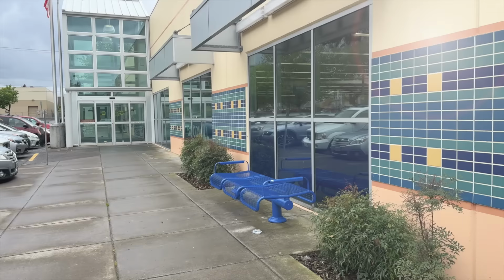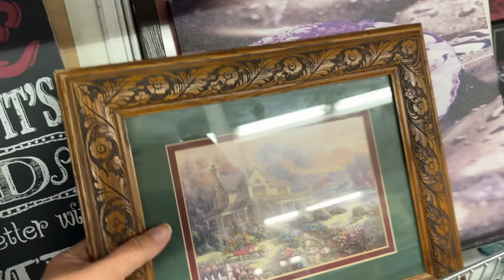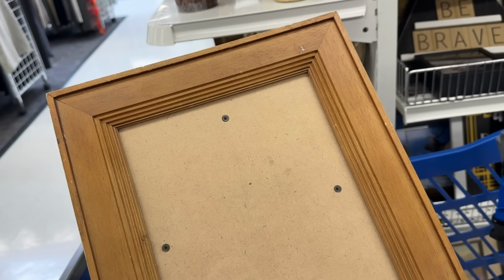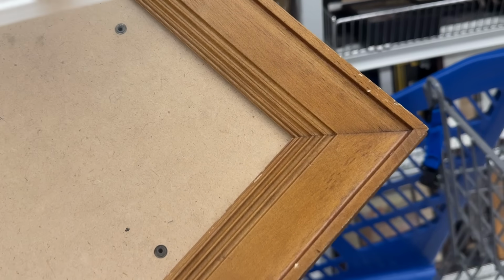I'm going to explain a little bit more about why I am picking up this oak frame from probably the 1980s when we get back in the car. I have an exciting project coming up and I can't wait to tell you a little bit more about it. I am also going to get this beautiful carved wood frame. It's got great design on it and it looks like it is only $7.99. I think I'm gonna pick up this one too because I wanna test my project on a few different types of wood. I'm hoping that the oak will work, but just in case it doesn't,